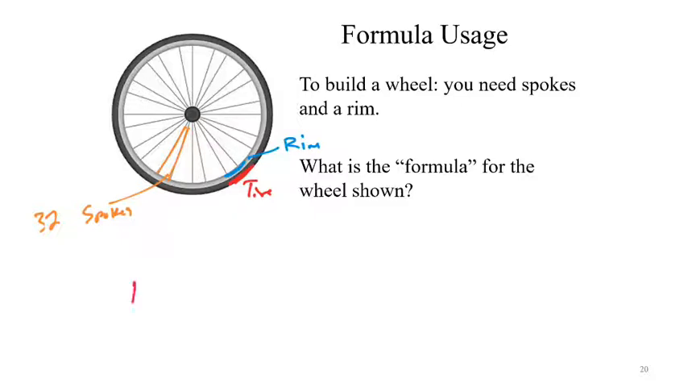So we could say 1 tire plus 1 rim plus 32 spokes becomes 1 wheel. Well, chemists recognized that we could do this, and it theoretically works, but there's a scalability issue